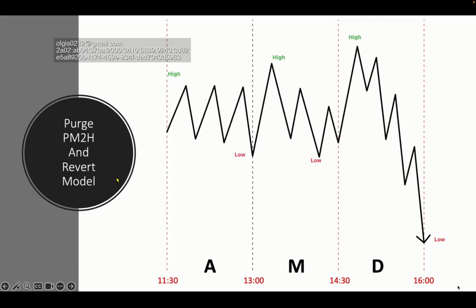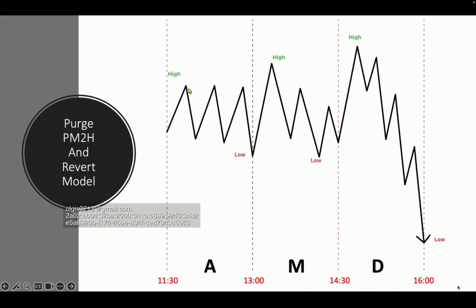So here is the purge of the second PM cycle's high and revert model. This occurs when during launch a consolidation occurred, and then during the second 90-minute cycle, the market expands towards the launch cycle's high, takes it out, but then falls back into the consolidation and doesn't displace lower. What then usually occurs is that the market has one more run on buy-side liquidity, originating around 2:30 PM, taking out the previous cycle's high, and from there on we see a reversal originate,